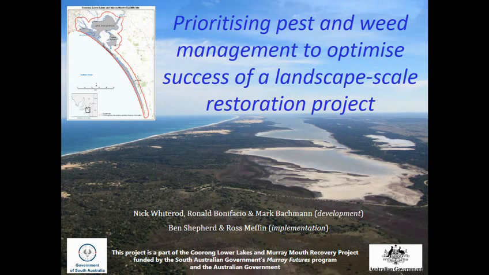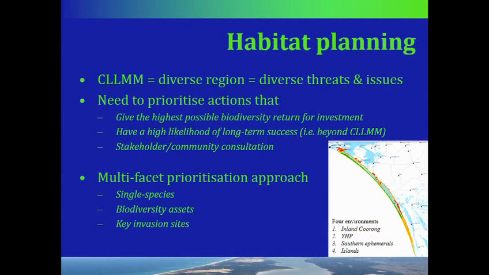Given the size of the area, over 140,000 hectares, we divided the plan into a Lower Lake section and a Coorong section, and today I'll just talk about the Coorong with the time I have available. Most of you who are familiar with the Coorong and Lower Lakes region, and particularly the Coorong, know it's a big and diverse area. In turn, there's a whole bunch of threats and issues facing the region. A lot of them are aquatic or water related, but a lot of them are also terrestrial related. There's lots of towns there, for instance. There's lots of weed infestations, lots of roads, tracks, different ownership.